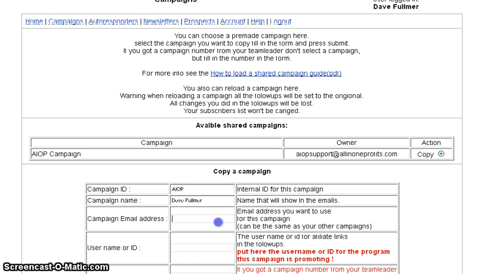and then you can put in your campaign email address. If you want to, you can use the same as your other campaigns, or if you want a special email address for a given campaign, you can do this. You can choose a different email, but I'm going to use the same email campaign address, and that is dcfulmer1937@gmail.com, and use the ID for the program, which is